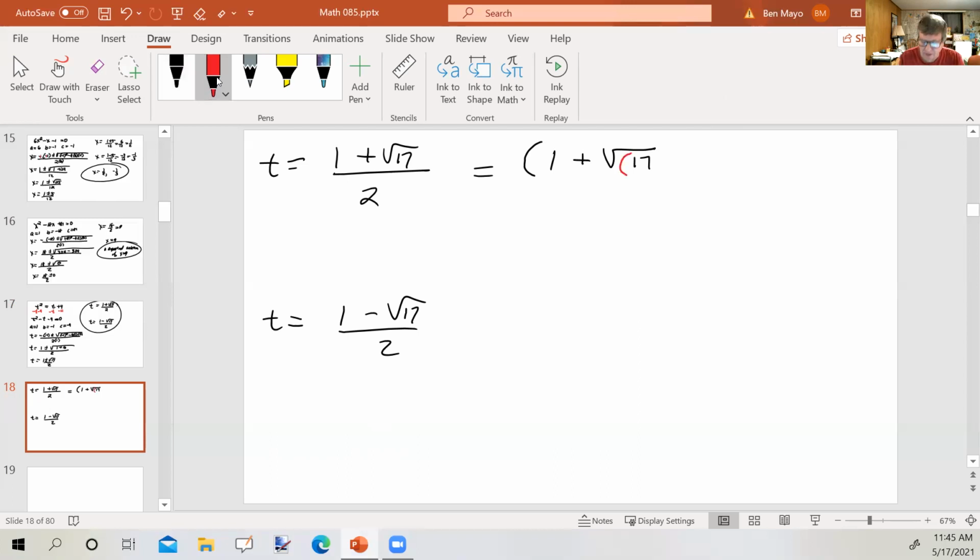If yours does that, then you're going to also want to do this. You're going to close up with a right-hand parenthesis, but then close up the entire thing divided by 2. Okay, so you're going to have a set of parentheses around the radicand, the 17 inside the radical, and around the entire numerator, because you're dividing all of it by 2, not just the radical. Okay, so then parentheses 1 plus the square root of 17, close up the 17, close up the entire numerator divided by 2, and I get